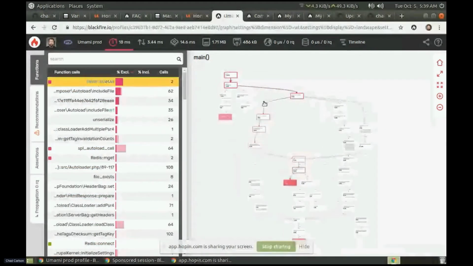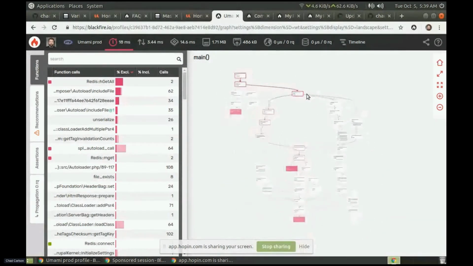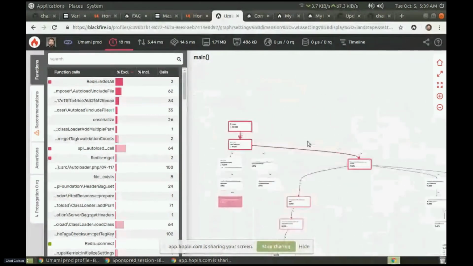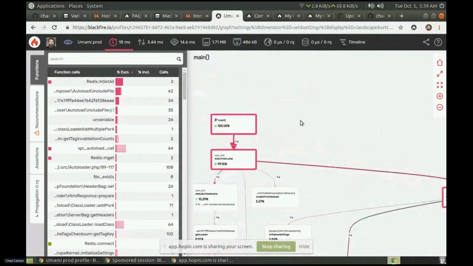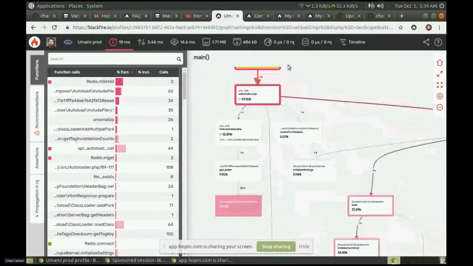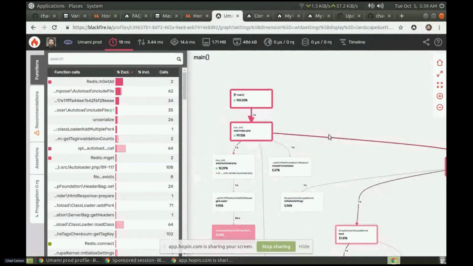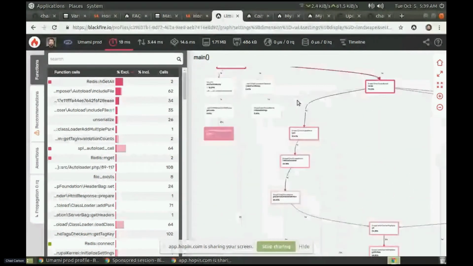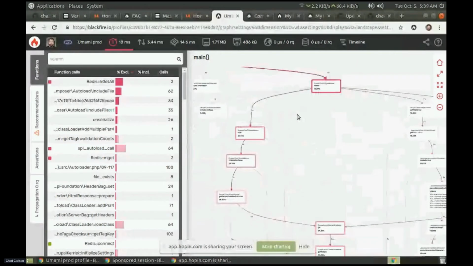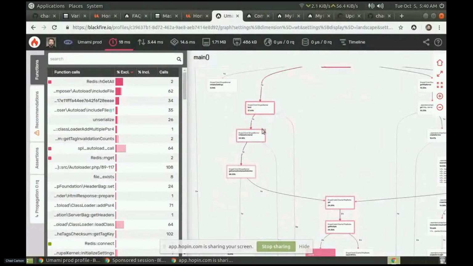If I switch the view to functions, I can see which are the calls that are taking the most amount of time. So I can start here in my main function and run init. Obviously, this is 100% of my time. But if I go down, I can continue down these flows